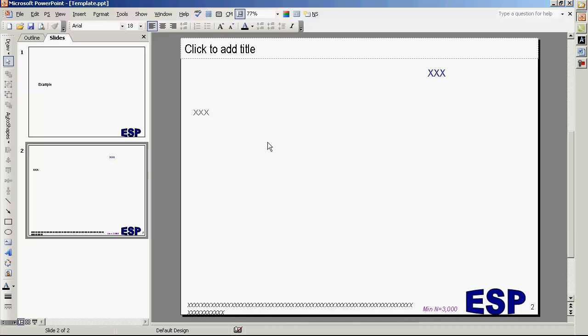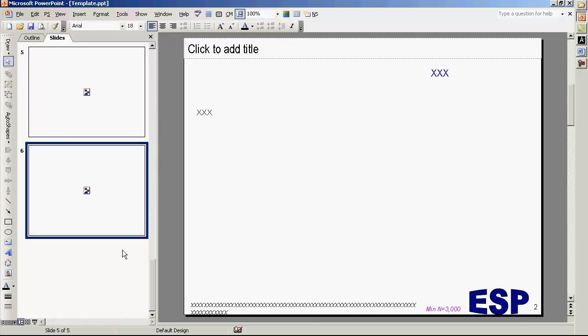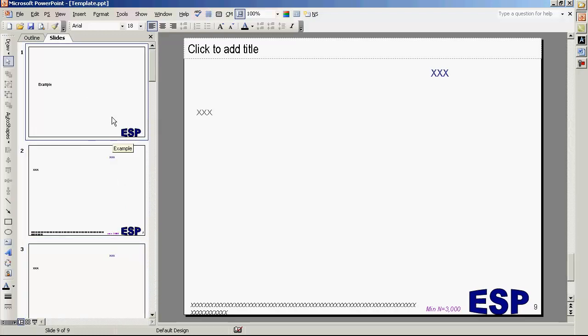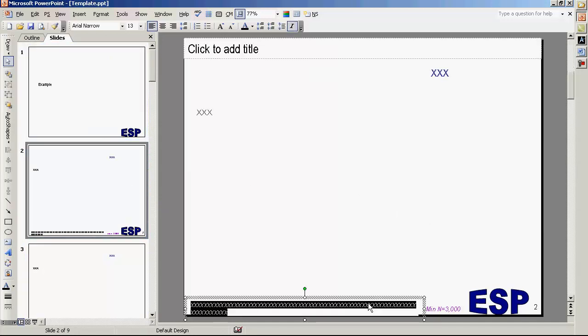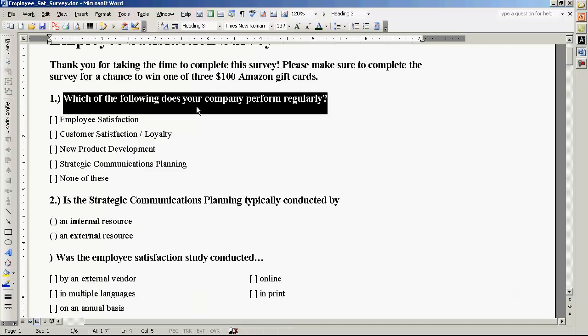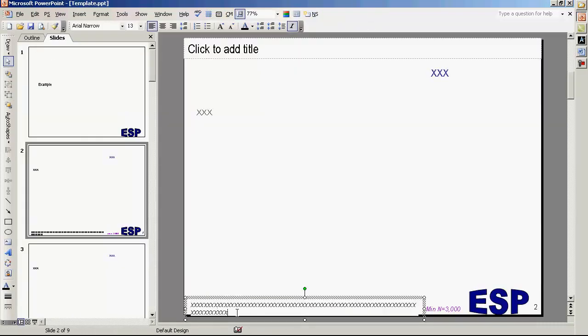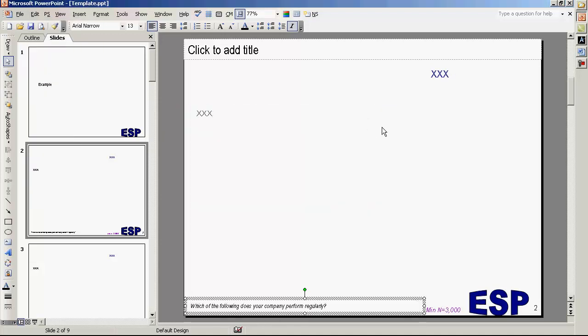And once you get this set up, copy it, and then what I do is I typically paste it about 30 or 40 times, right? And now the great thing is you come in here and you can do your first one, paste your graph, come in here, I have a survey open here in Word, let's say I copy it, come down here, I can double click, which highlights everything, do a paste special. I have a shortcut key that comes up here and goes to paste special, pastes Unicode text. So that's important because what you want it to do is to keep the format of the text that was there. If you just do a regular paste in PowerPoint, it'll take the default size of the